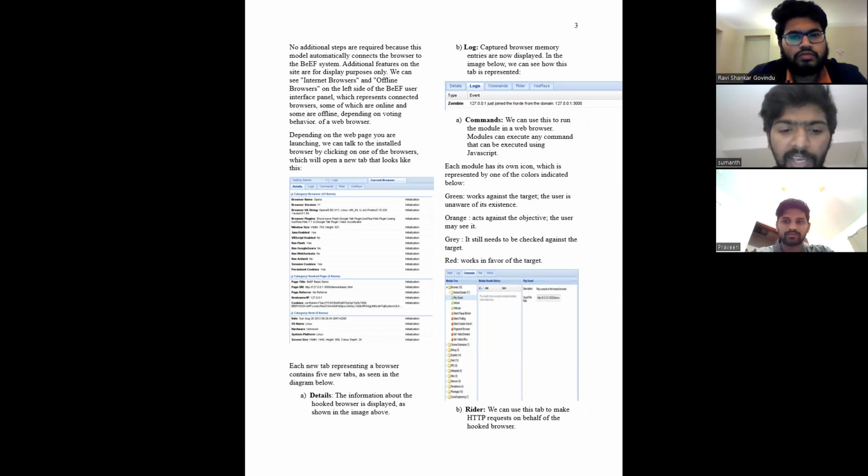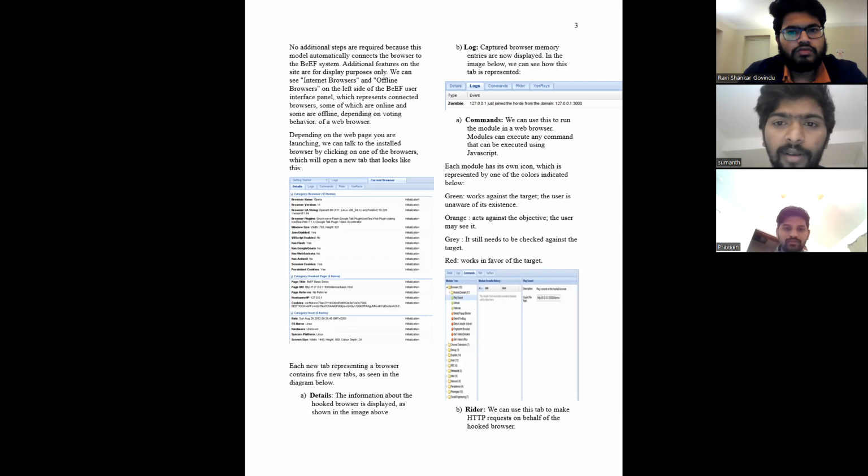Each tab represents a hooked browser, like 5 new tabs as seen in the diagram below: details, logs, commands, rider. I'll go with the explanation about details. The information about the hooked browser is displayed as shown above. Logs capture the browser events. Entries are displayed in the image below. We can see the zombie at 127.0.0.1. It was in logs, like you can see details, logs, commands, rider,